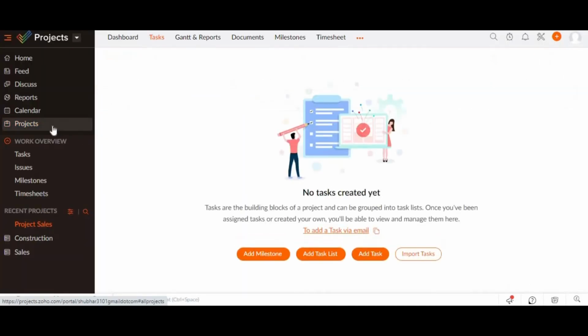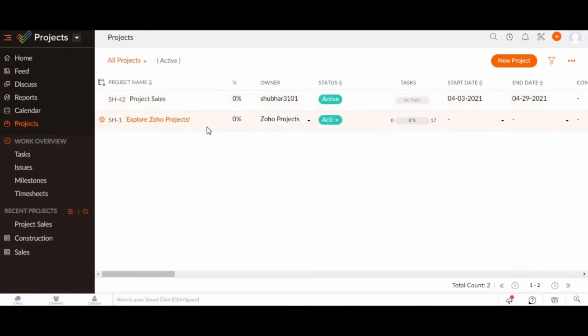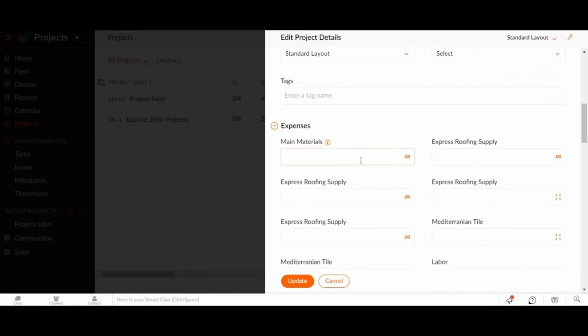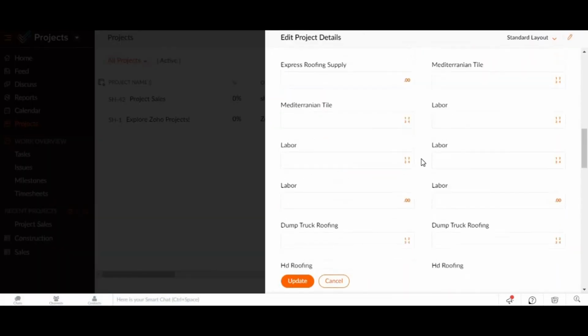By clicking on projects, we can see that our project is created. Now I'll edit the project and fill the expenses fields along with the total budget. There are 26 fields in the expenses, and I will fill all of them with any random amount.